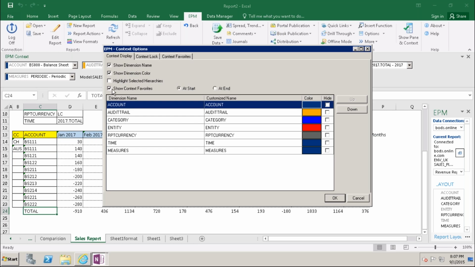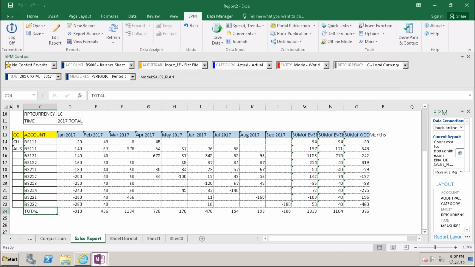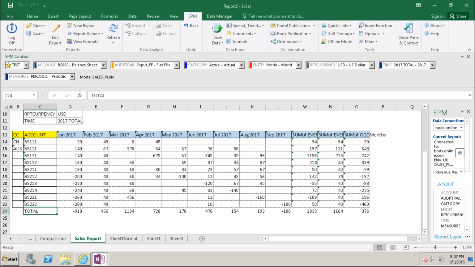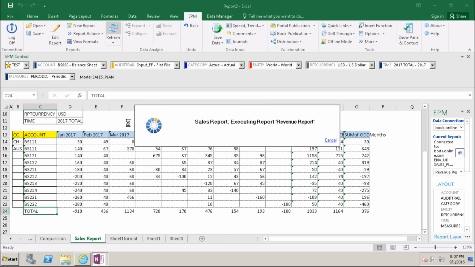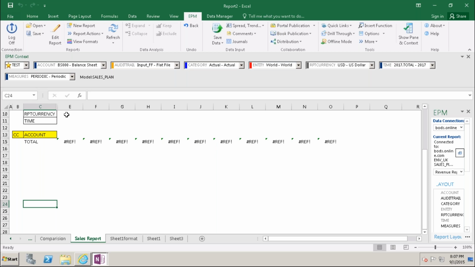Show context favorites here, at start or at end. This one, test favorites. When I change the test favorites, it will change to your USD and the report will refresh like this.